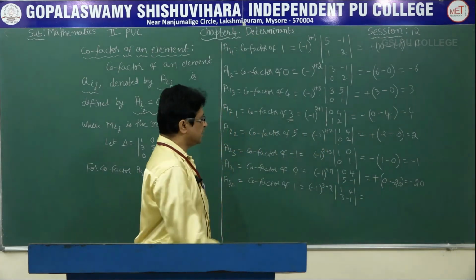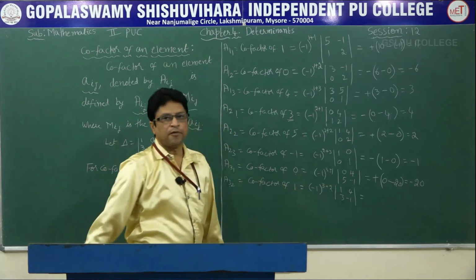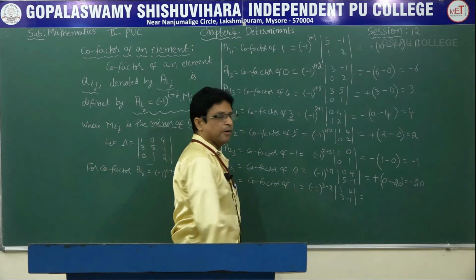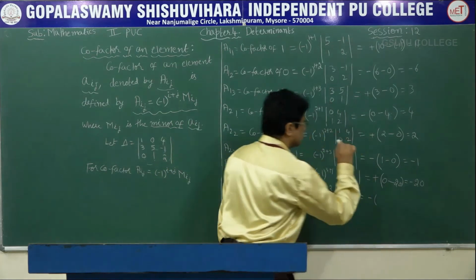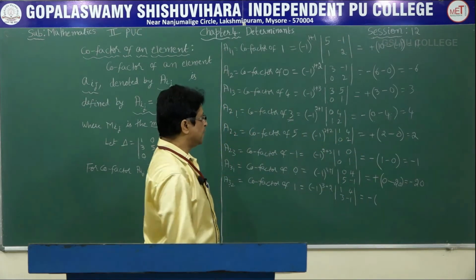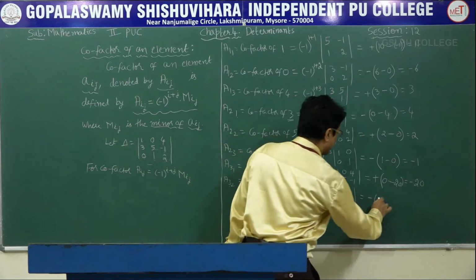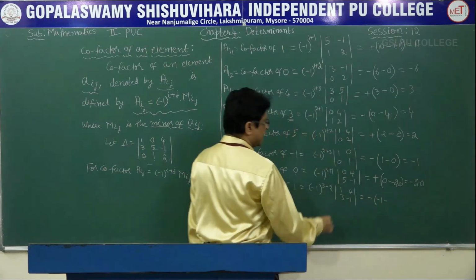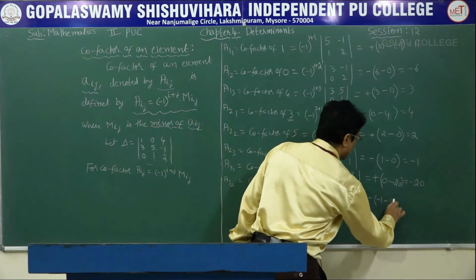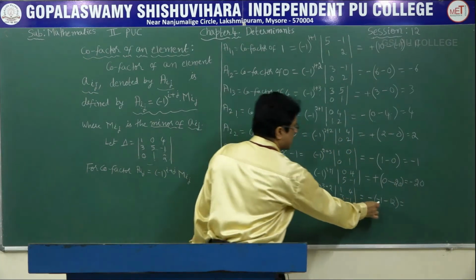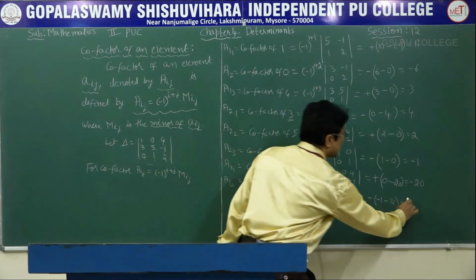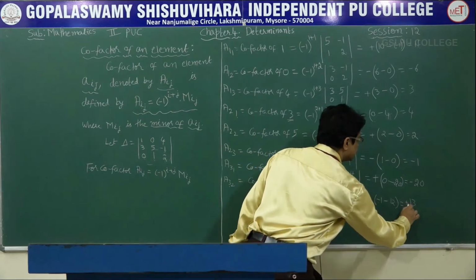That will be equal to, see, 3 plus 2 is 5. So minus 1 whole power 5 is minus 1, that is negative, minus of 1 into minus 1, minus 1, minus 4 into 3, 12. So that will be equal to minus 1, minus 12, minus 13, into minus is plus 13.